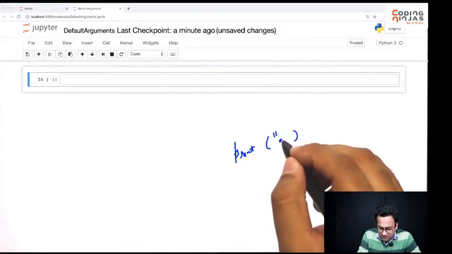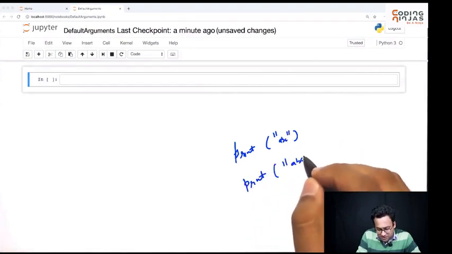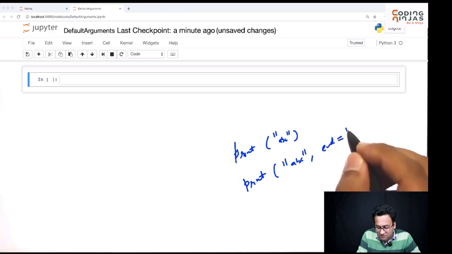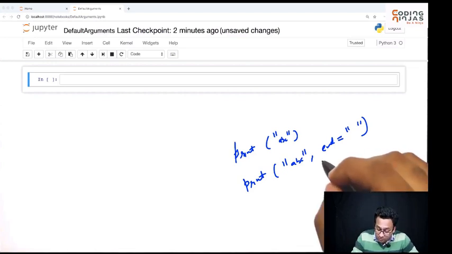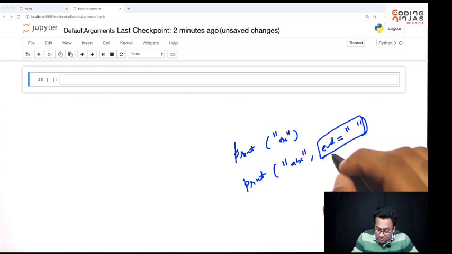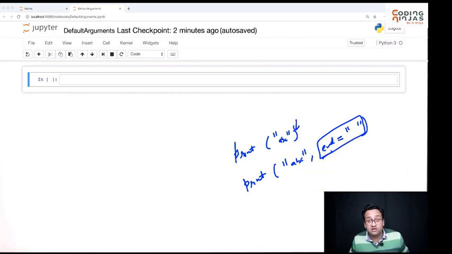if you remember, we were calling print this way. We were also able to call print with a string, and we were saying end is equal to something, right? So we had an option to provide this parameter, to provide this argument, and we had an option to call the print function without that as well. And it was very useful, right? So it seems like there has to be a way.